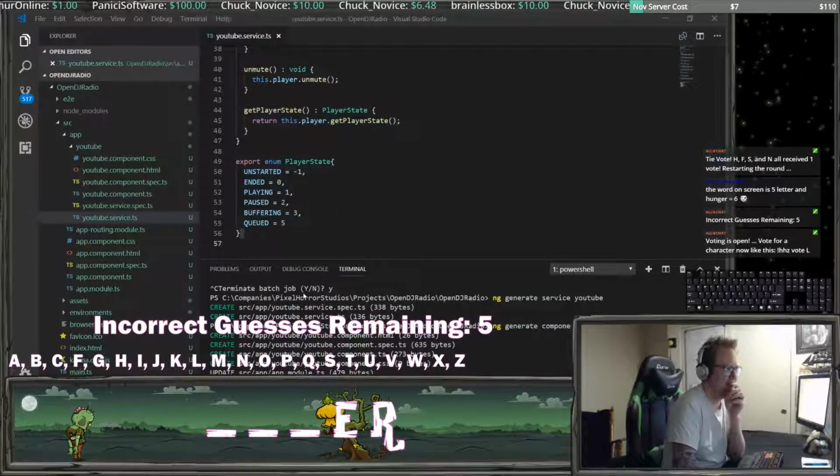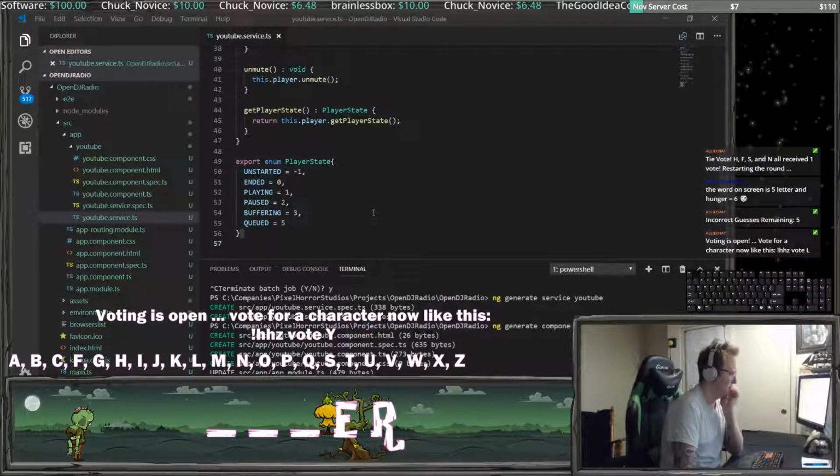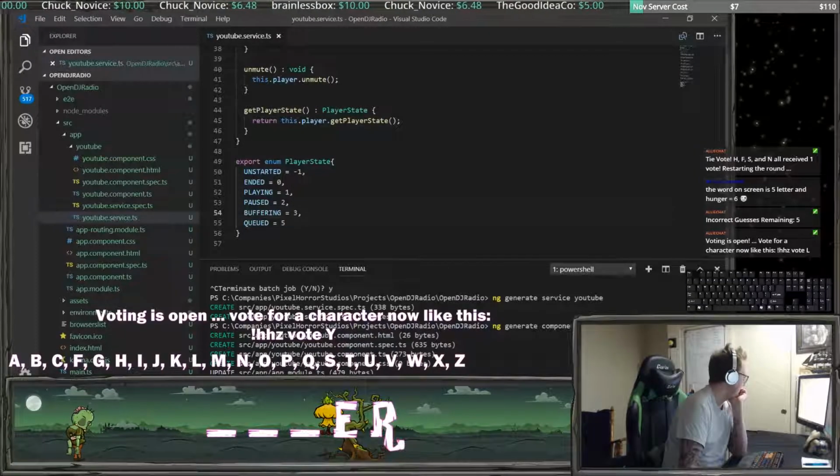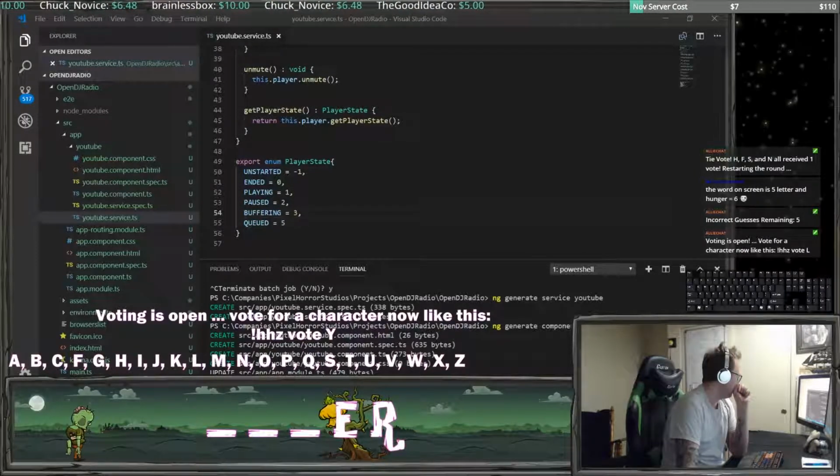H, F, S, and N all received 1 vote. So the votes over here on the left of this is not working correctly, but that's something we can fix later. Additionally, in my player,